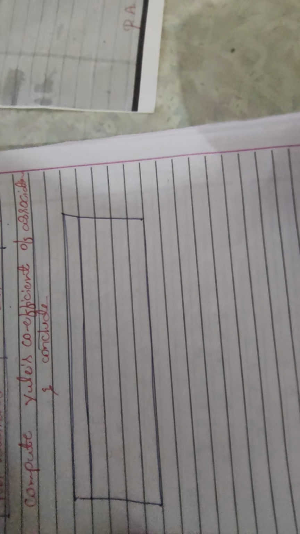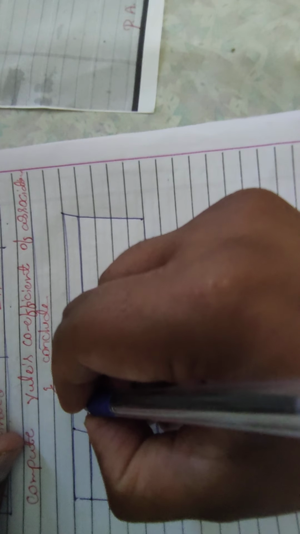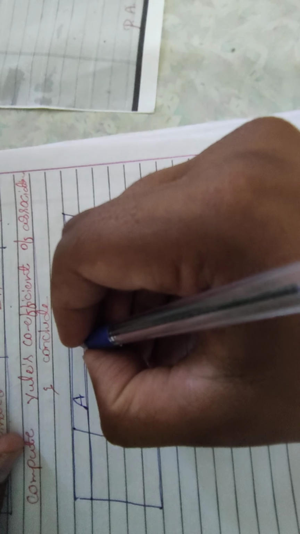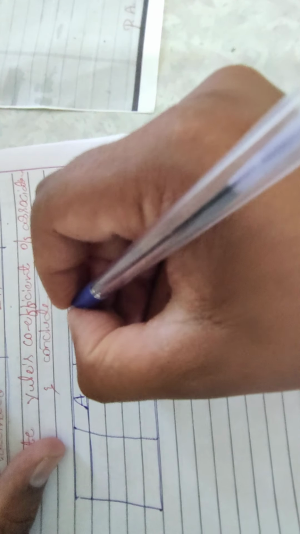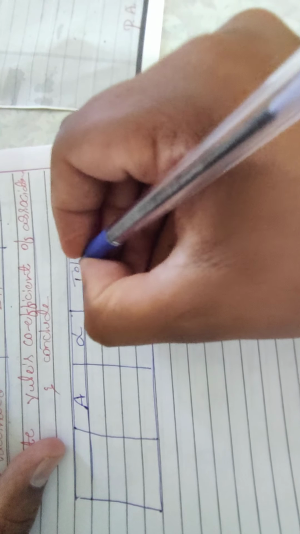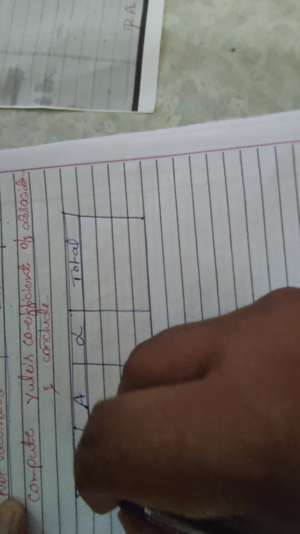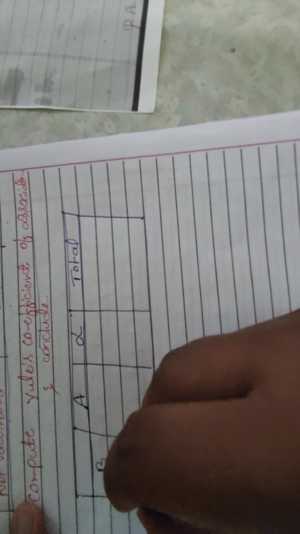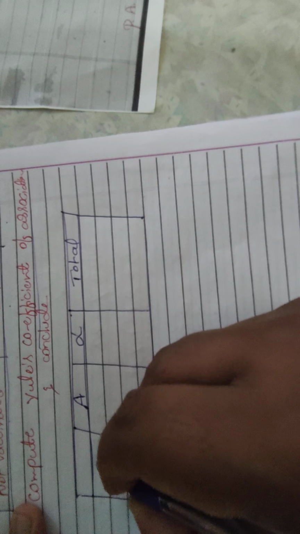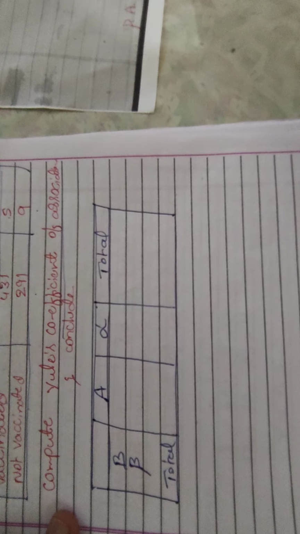First we have to tabulate. Next we have the simplification. First, not attacked, we can denote as capital letter A. Attacked, we can denote as alpha. Next, total. Here there are two variables, vaccinated and not vaccinated. Vaccinated, we can denote as capital letter B. Not vaccinated, we can denote as beta. Okay, next, total. Okay, dear students, I think all of you know about this.